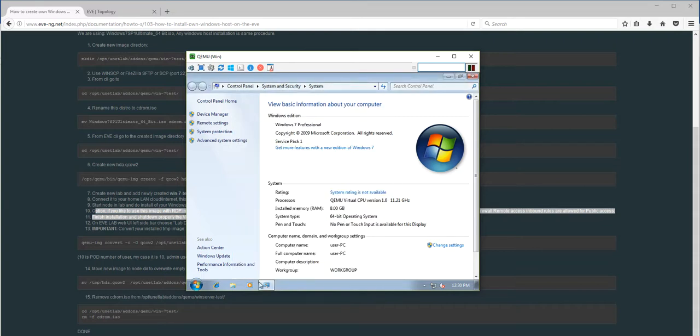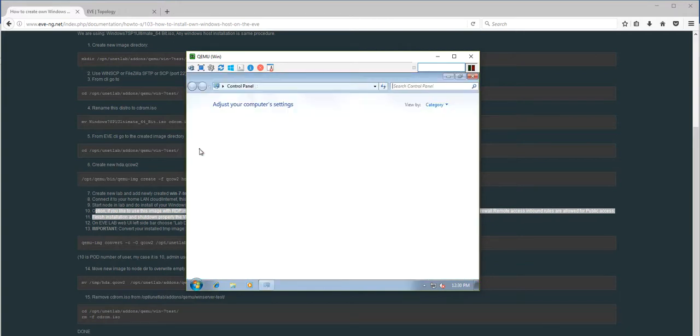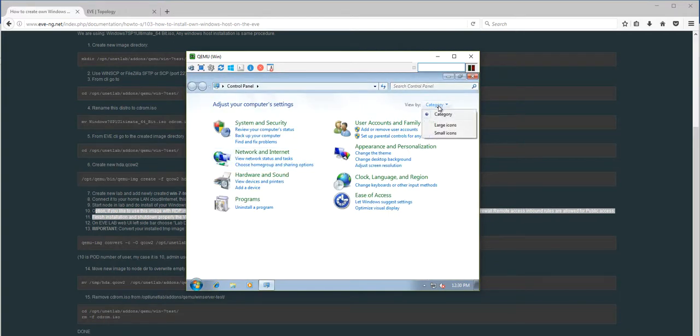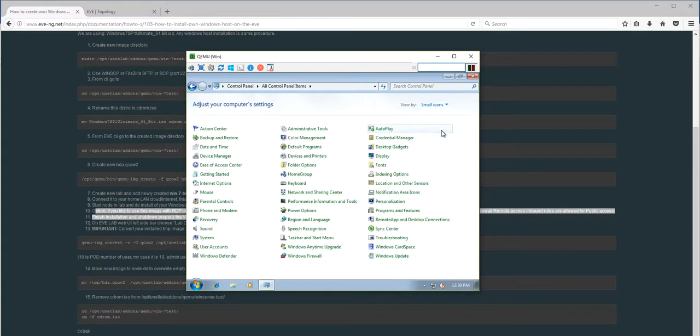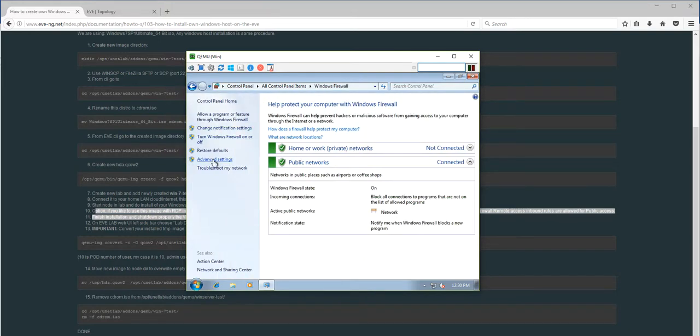Okay, good. The next step, we have to check if the RDP session will be allowed for public. So I'm going to control panel. Category smaller is better for me. Windows Firewall here, and advanced settings.